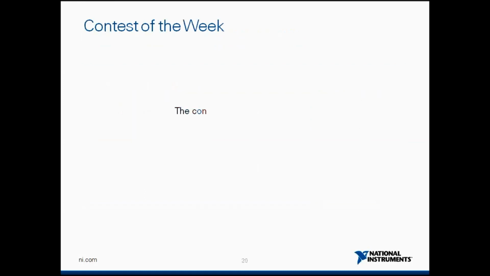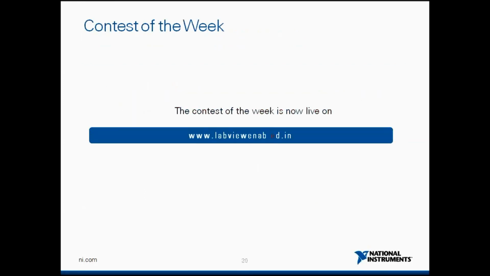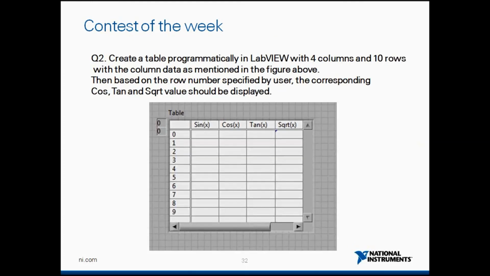Now I would like to announce the contest of this week. The contest of this week is quite simple, so I expect maximum participation and at the quickest. The first question for the contest is, we want you to programmatically create an array such as shown in this particular example. The data points can vary, and I want you to extract every diagonal element and amplify it by 2 and again replace it back in the same array, or create another additional indicator and replace it back there. This is the first question for the contest.